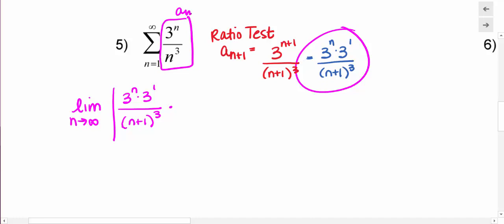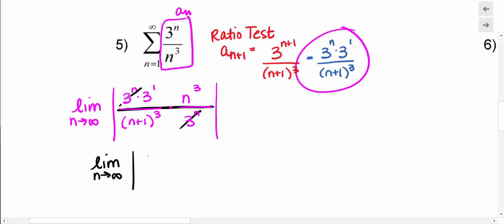And again, that's what I sort of started with, so I'm going to reciprocate that, so times n cubed over 3 to the n. And this is why I like that expanded version better, because this is all really one multiplication problem. And so 3 to the n over 3 to the n is 1. And so I'm left with